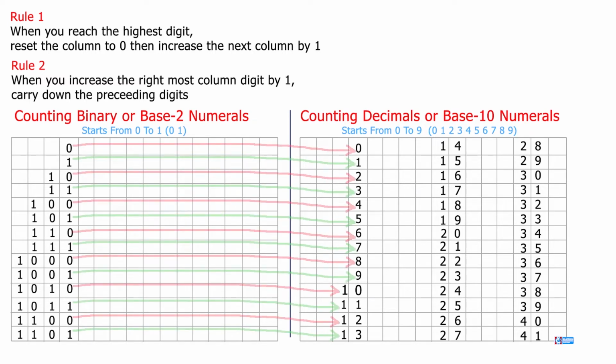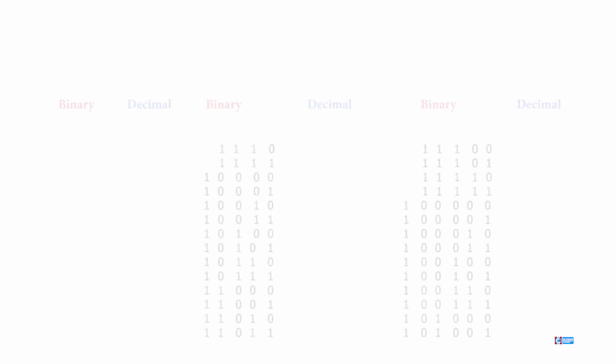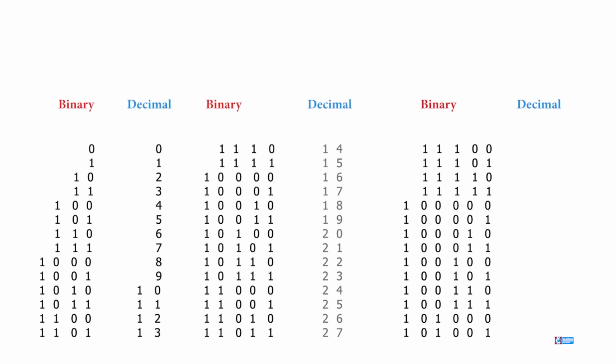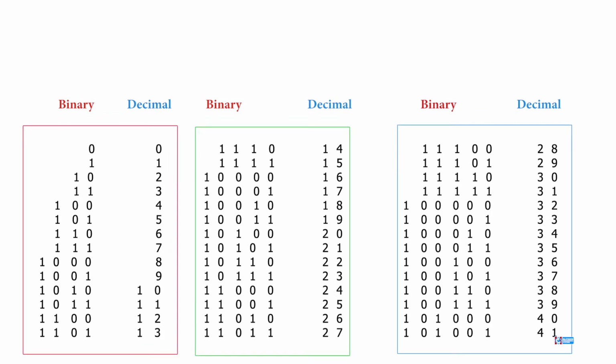You can see that there are correlations between these binary digits and the decimal digits we counted earlier. So, these are the corresponding binary digits for the decimal digits we counted. To make it even more interesting, let's compare them this way. Here are the corresponding decimal values for these binary digits. In fact, we can continue on and on. Now, to easily convert or obtain corresponding binary digits for any decimal value, or vice versa, we can use the